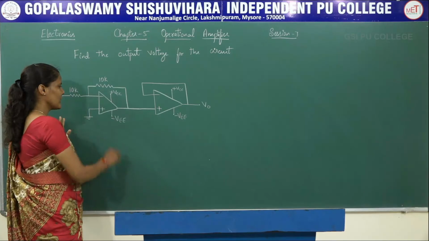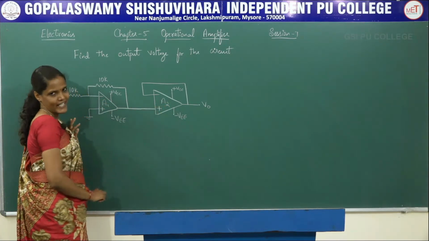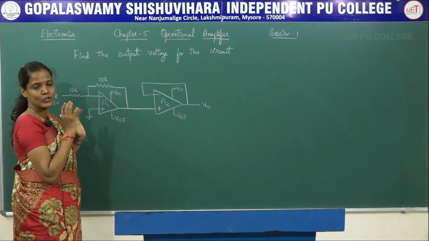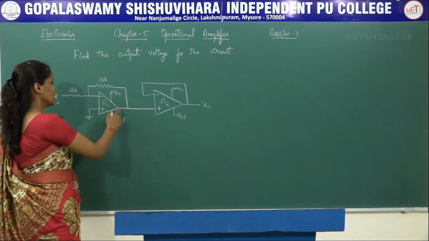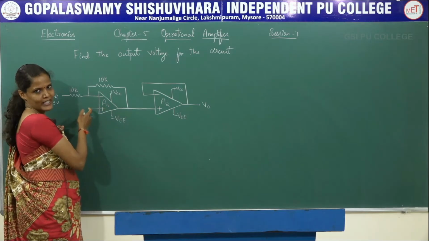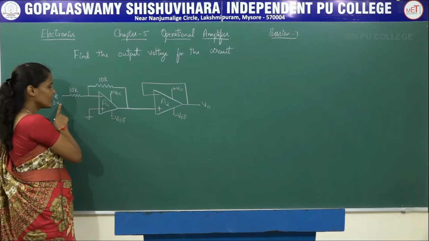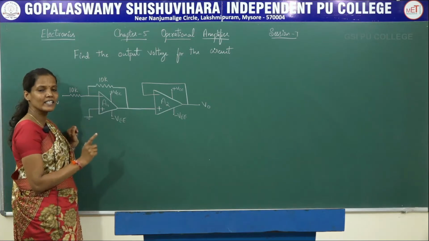So this is the circuit. It contains two op-amp circuits. Let me call these A1 and A2. First, you have to identify which op-amp this circuit is. So A1 is an inverting operational amplifier, because the input voltage Vi, which is equal to 3 volts, is being applied to the inverting terminal of